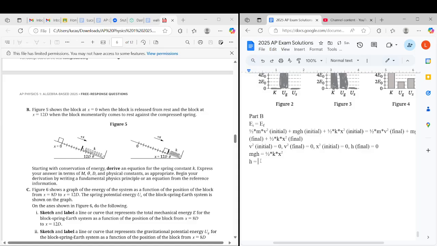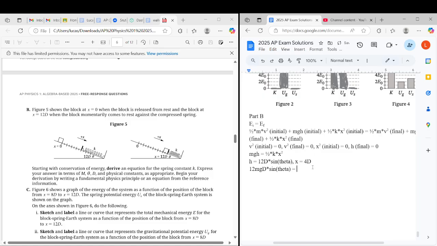And then we can say h equals, we can use theta here. So we know the sine of this angle would be the vertical component that we're looking for, h. So we can say 12d sine theta. And x would be 4d. So this leaves us with 12 mgd sine theta